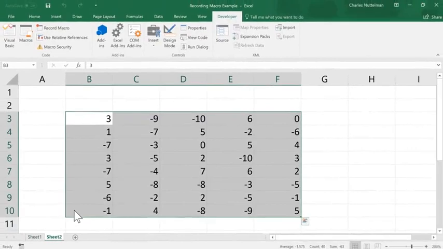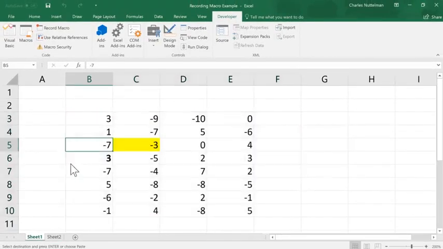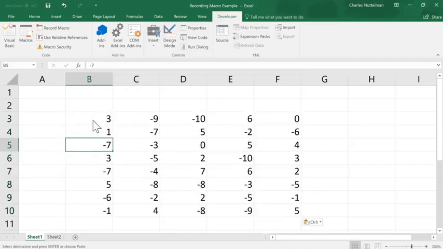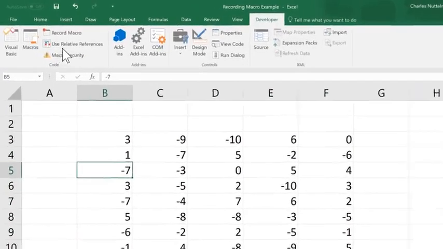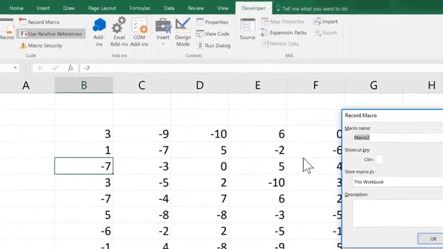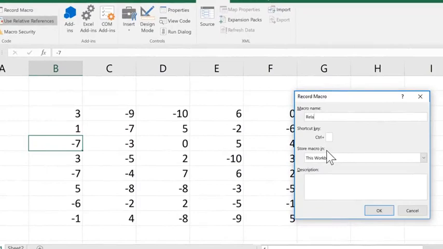So let's reset this once again, and we're going to record a macro in relative referencing mode. So I'm going to start with the cursor again in the active cell in B5. I'm going to click on use relative references. Let's go ahead and record a macro. Let's just call this relative,